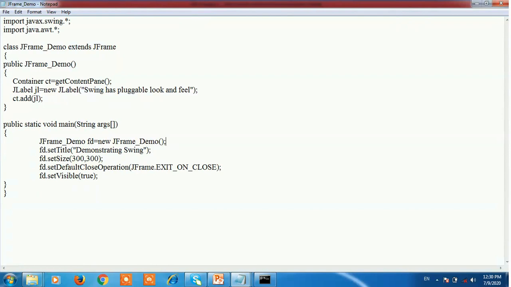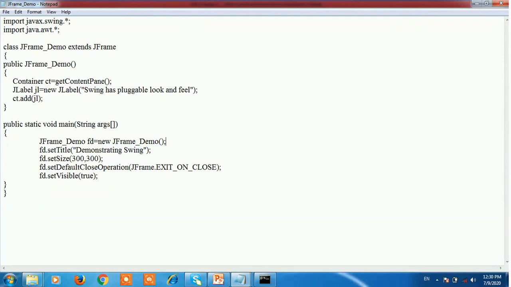In AWT, a frame cannot be closed by closing the window. For that purpose, we use the window event method to close the frame window in AWT.